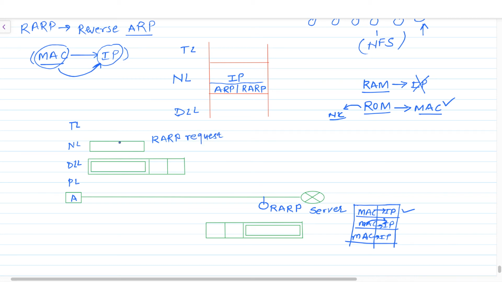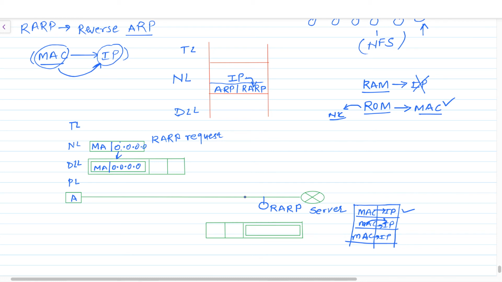So in this request, it is going to mention its MAC address, that is MA, but it does not know its IP. So here it is going to mention 0, 0, 0 and 0. So all 0 represents I don't know my IP address. What does it mean? I don't know my IP address. As IP is used to get the support from RARP, so the RARP request will be prepared with its MAC and its IP address, that is, I don't know my IP address, and this packet we are going to forward